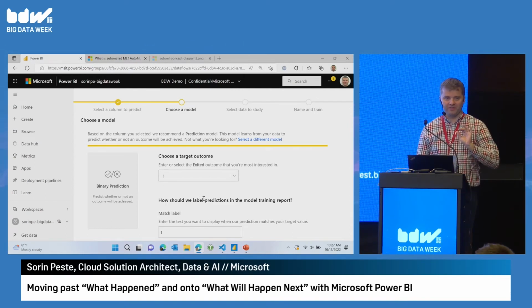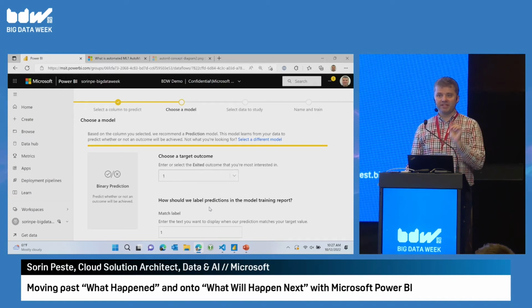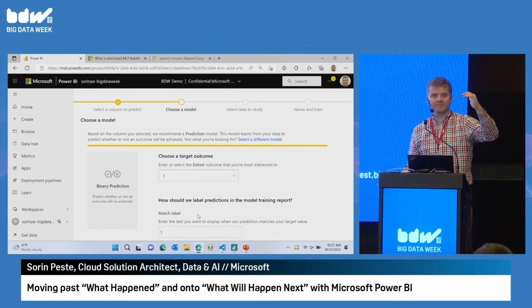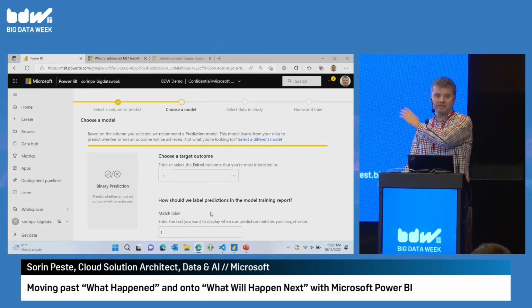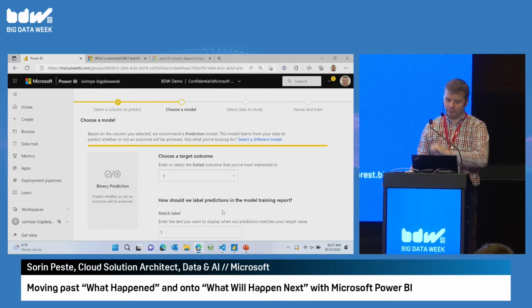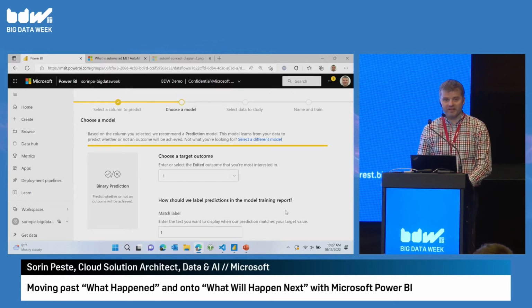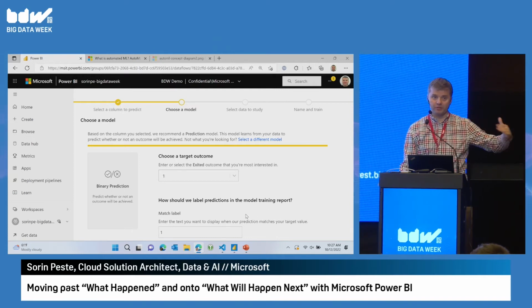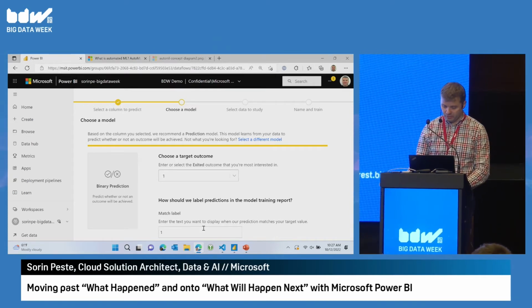So this is more a feature aimed at business analysts, but data scientists are also using it as a kind of on-ramp. So maybe kind of a shortcut to start with a good baseline because it will recommend a model that is likely to work well with your data set and your stated problem, right? So it's not replacing data scientists anytime soon, but it is actually a useful tool to have in your toolbox.